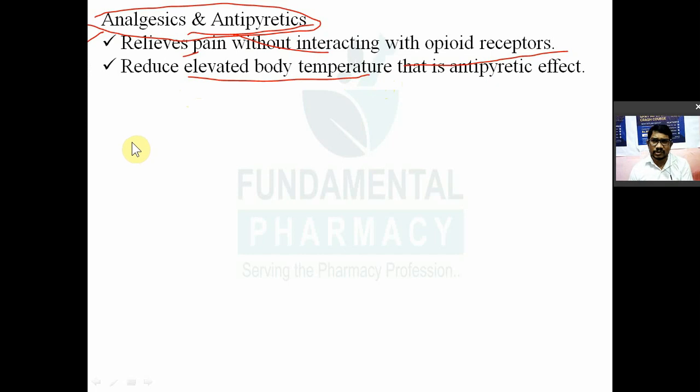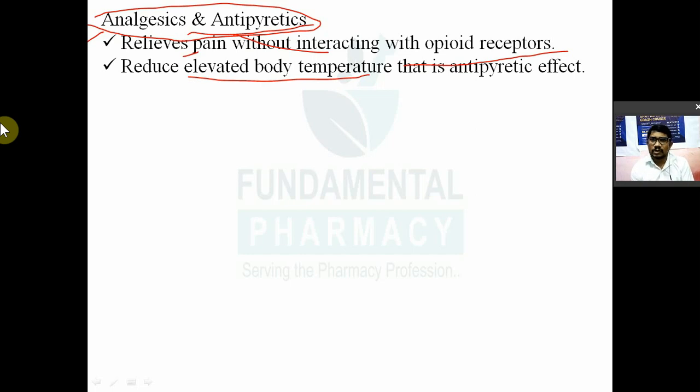may have certain common effects. So what will be their common pharmacological effects? Analgesic, antipyretic and anti-inflammatory. Firstly, they will decrease your pain. Secondly, they will decrease your increased body temperature. Third, they will decrease your inflammation. Fourth, their adverse effect: